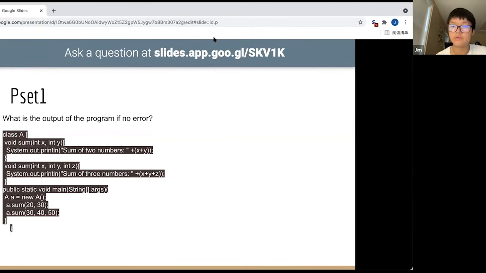And you guys can check if you got it right or not. But the first one, the sum of 2 numbers should be 50. For the second one, the sum of 3 numbers should be 120. Okay. And the reason being,